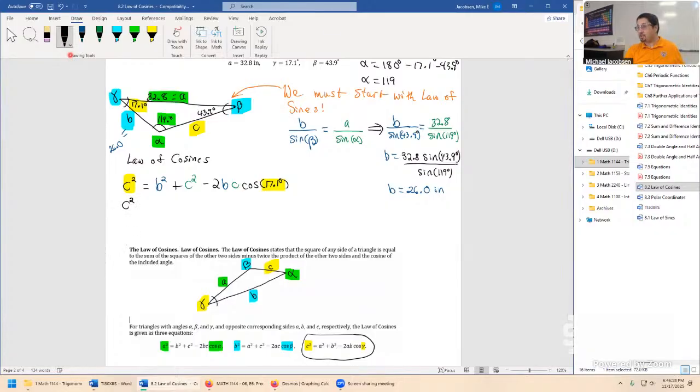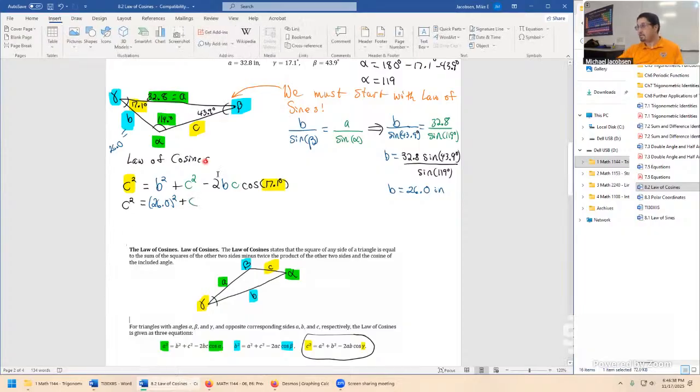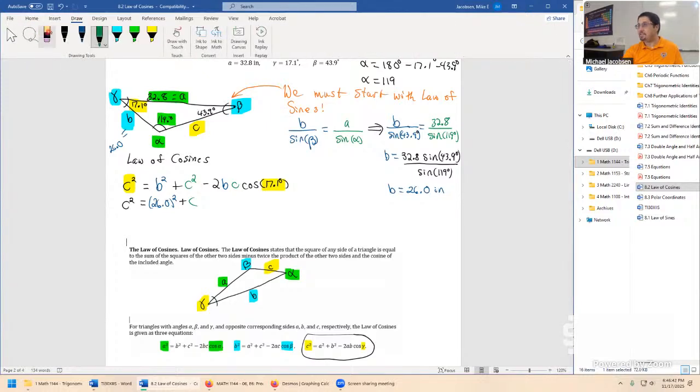Here's the nice thing about the law of cosines. Really, you could take a square root on this step if you wanted to, but I'll leave it just in this format. Everything here is just a big calculator operation. B squared is just 26.0 squared. C squared is just a, excuse me, that wasn't a C squared. That was supposed to be an A right there. Let me fix that. So that should have been an A in that spot. So A squared here and an A there.